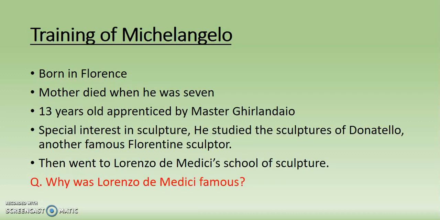So the key words here are the Sistine Chapel, Master Ghirlandaio, and the Dome of St. Peter's Basilica. Michelangelo Buonarroti lived from 1475 to 1564. He was undoubtedly the greatest sculptor of the Renaissance. He was born near Florence. When he was 13 years old, his father apprenticed him to a sculptor. Soon afterwards, Michelangelo made a copy of an old Roman statue. Lorenzo de' Medici saw it and was amazed at its beauty. He invited Michelangelo to join the school for sculptors that he had in his palace.